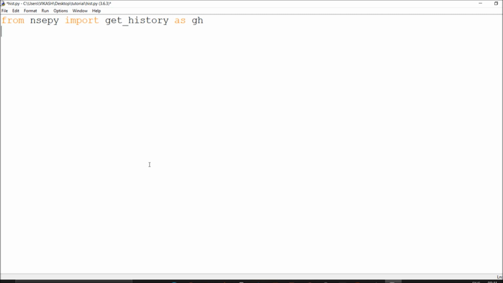Okay, so from nsepy. I will import datetime as dt. Then I will import dateutil for maximum accurate date parsing.